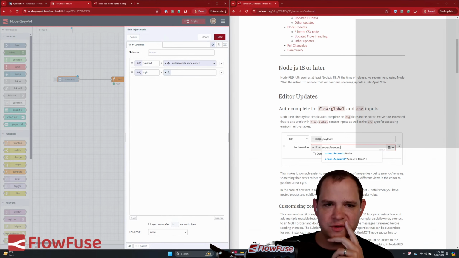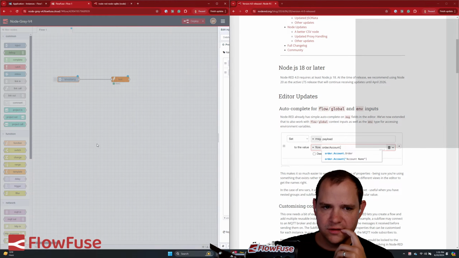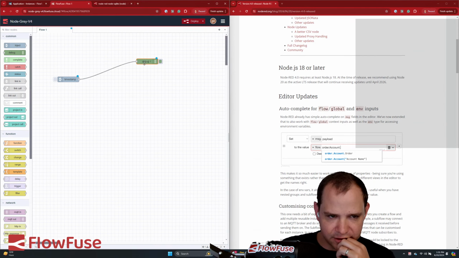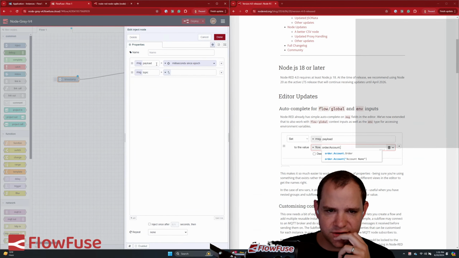Oh, beautiful. So payload is milliseconds. So we're going to select timestamp here, and then we have these selections for drop down. Beautiful. Cool. I'm going to delete this, and we're just going to drop this into a debug node because I want to see how these look differently. So maybe we'll do